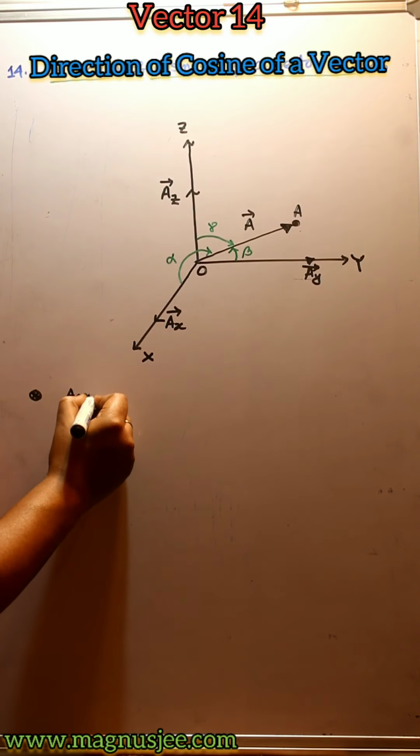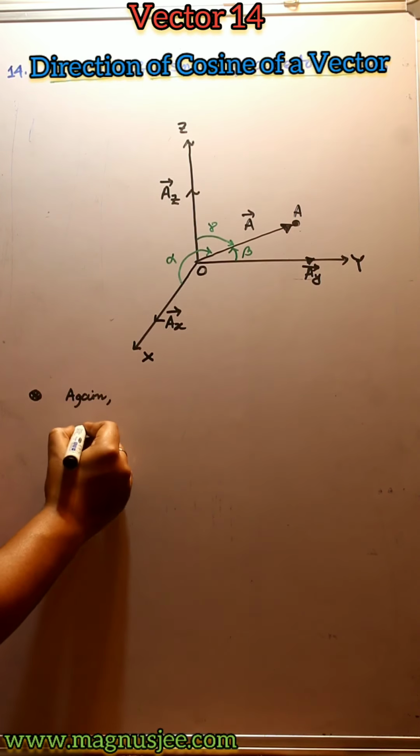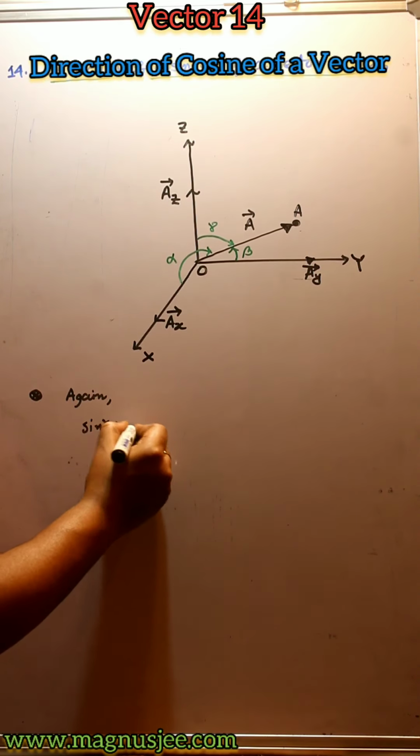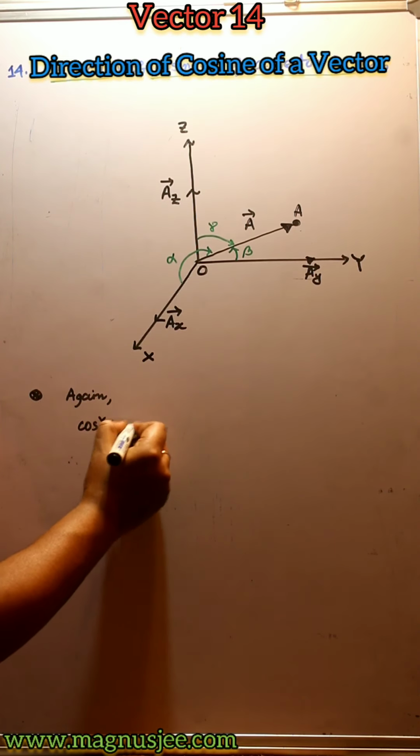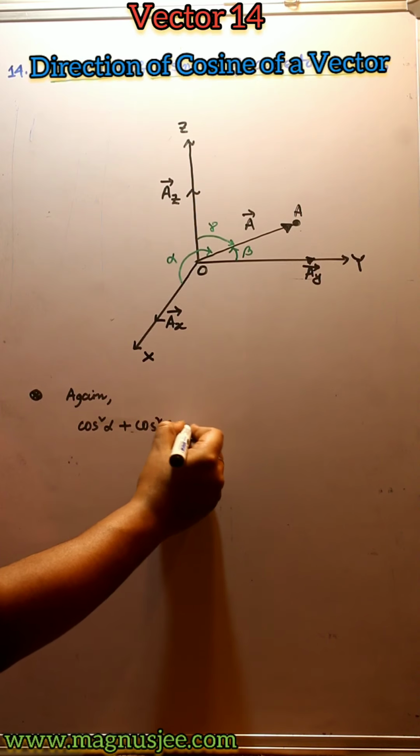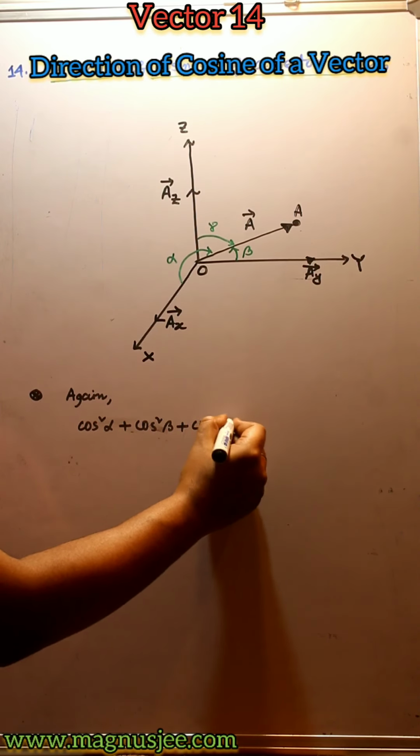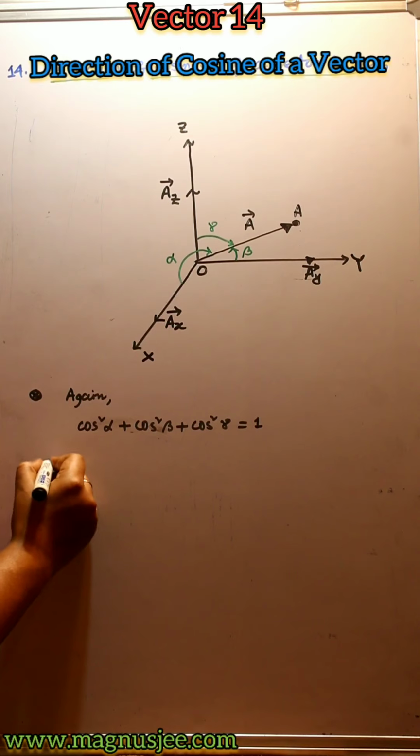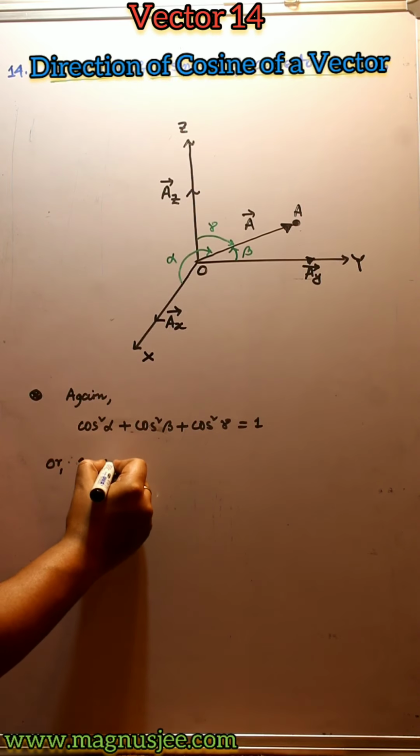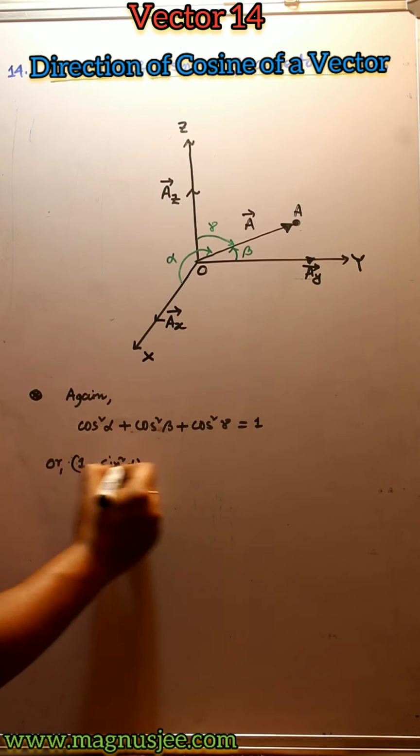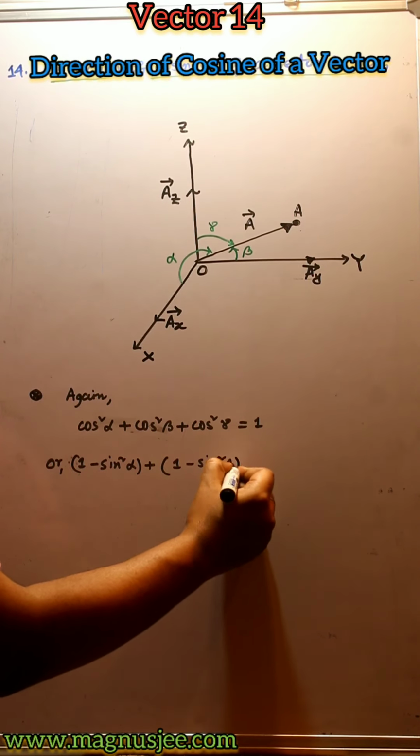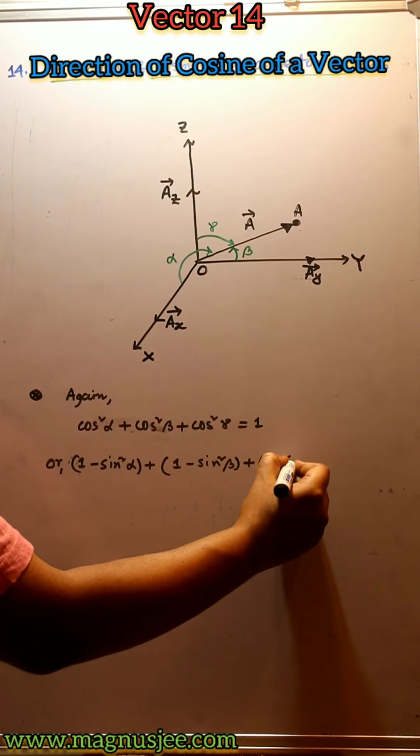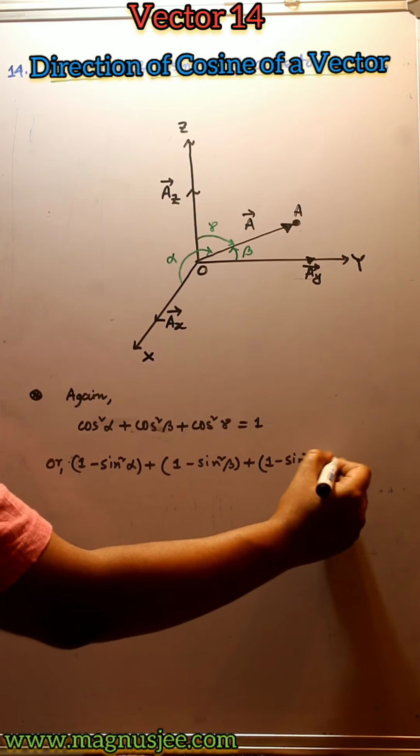Additional information: as cos square alpha plus cos square beta plus cos square gamma is equal to 1, in place of cos square alpha we can write 1 minus sin square alpha, plus 1 minus sin square beta, plus 1 minus sin square gamma, equal to 1,